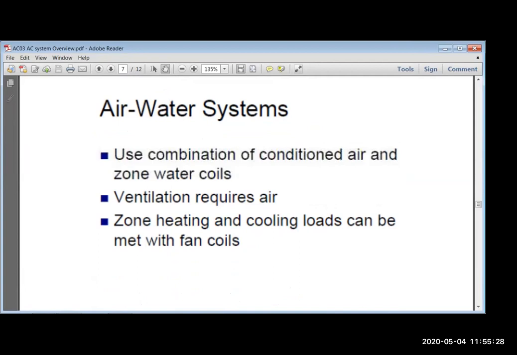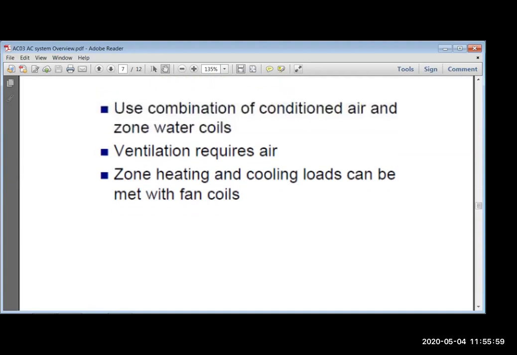Air water system means chilled water is circulated through the terminal unit, through the fan coil unit inside the conditioned zone, room or space. Air is circulated through that coil, whether it comes through the ceiling, or right in the room overhead, or in the wall somewhere in the room. So that air circulates over the chilled water coil and we get cooling.